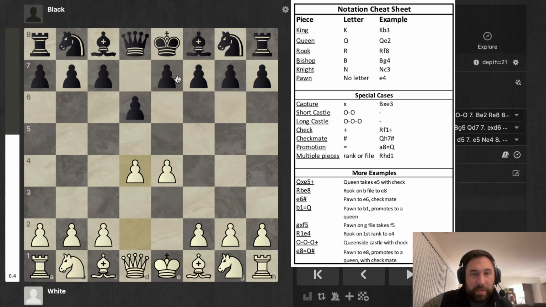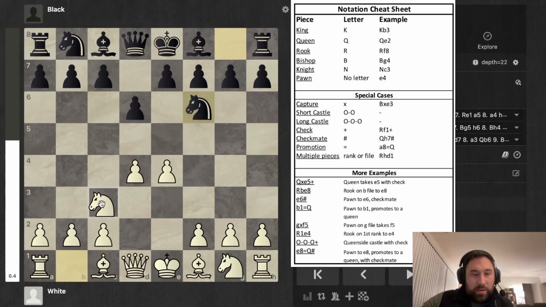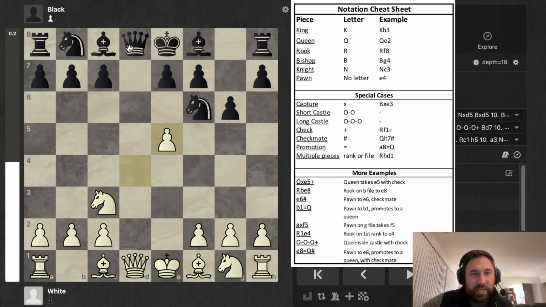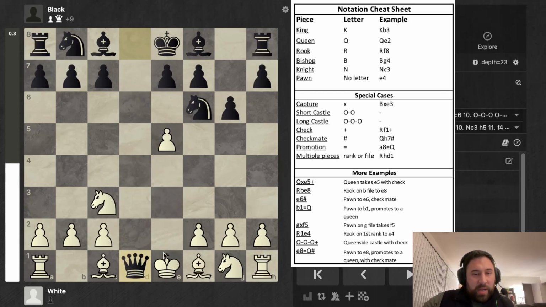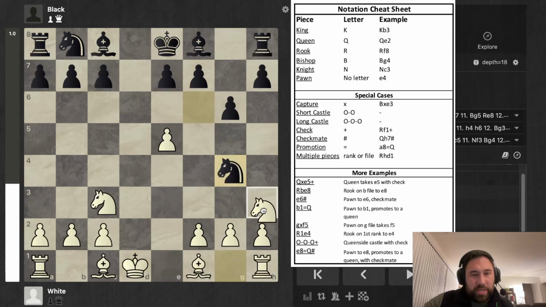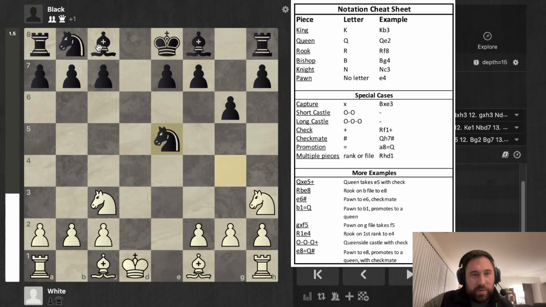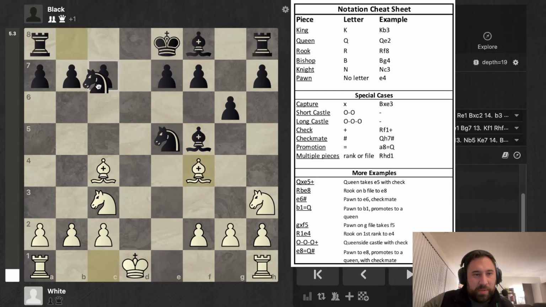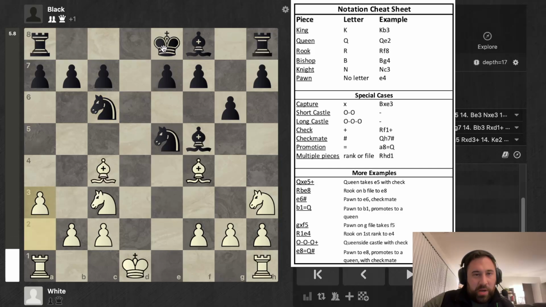We play a nice, happy little game. And we go. And then D takes E4. Followed by D takes E4. Let's say queen takes right here. King has to take. And then we play some chess. And it's awesome. And then we go here and here. And I know these are bad moves. It's just an example. Then we go here. And then we go here. And now we go